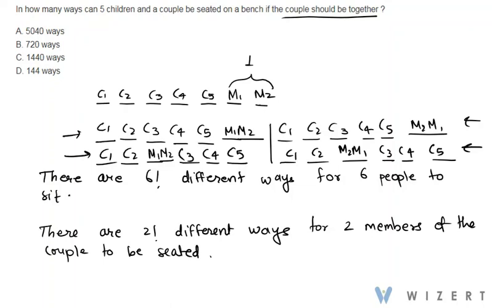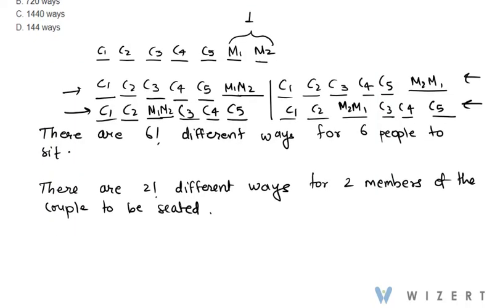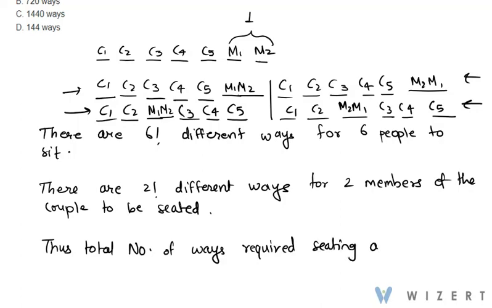So since we want combination of these two conditions, thus the total number of ways required seating arrangement can be fulfilled